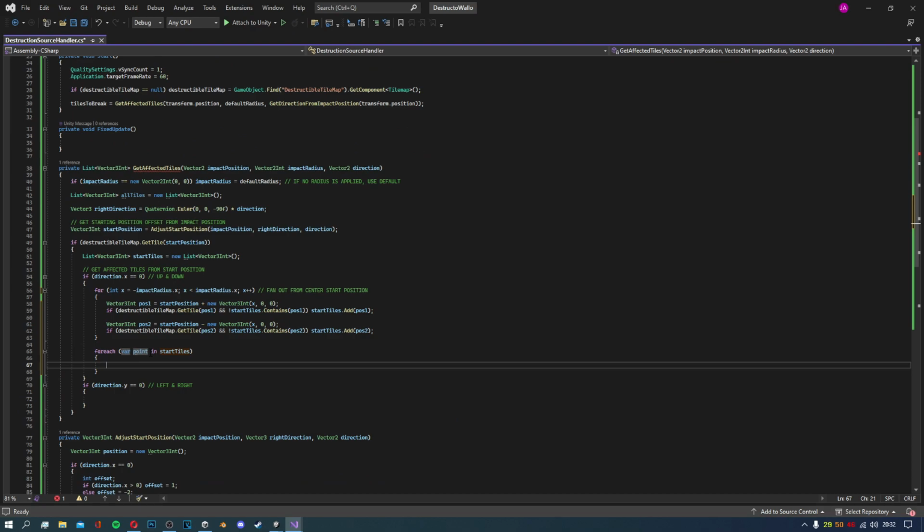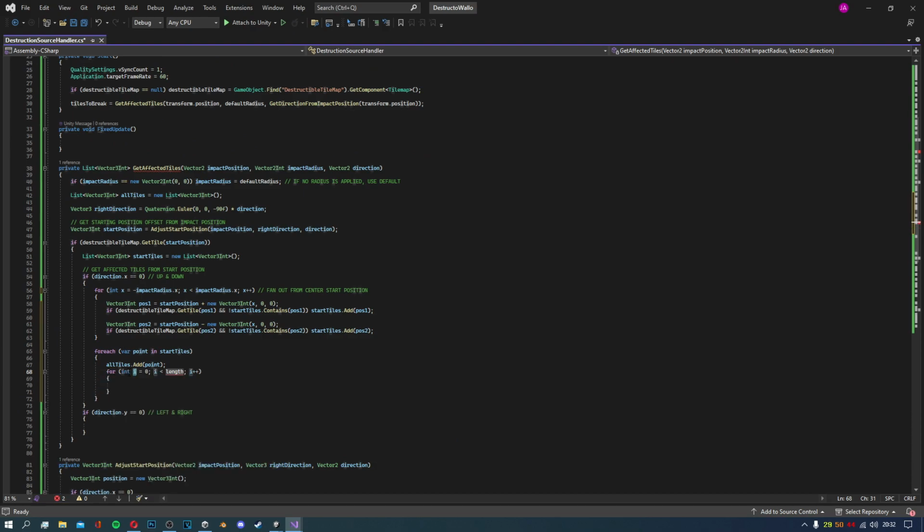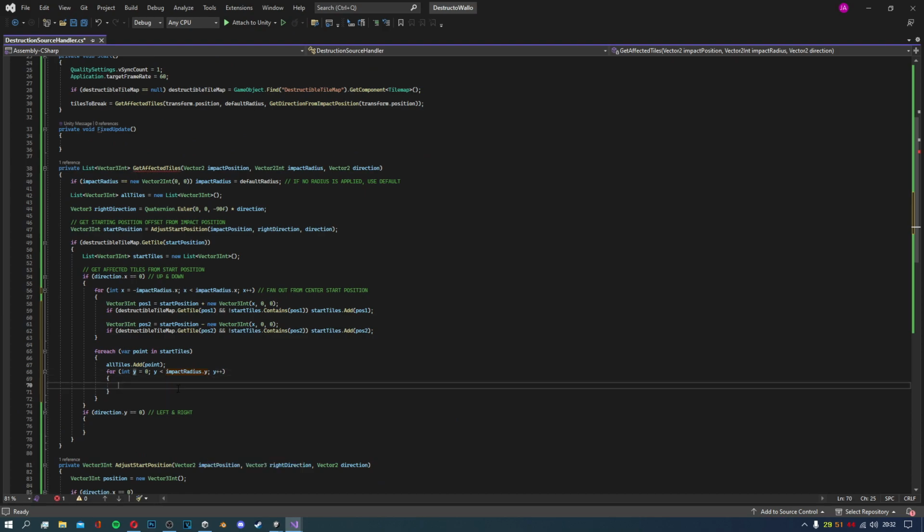So for starters, we actually want to add the starting tiles to our tiles. So I'm just going to do all tiles dot add point. And then again, just like we've done up here with a for statement, I'm going to use that again in the y-axis. So I'll change this to y, except we can leave that as 0 and do impact radius dot y, just because we're not starting from the middle, we're starting from the very end. And then again, vector3 int pos, we'll just call this pos because there's only one, equals point